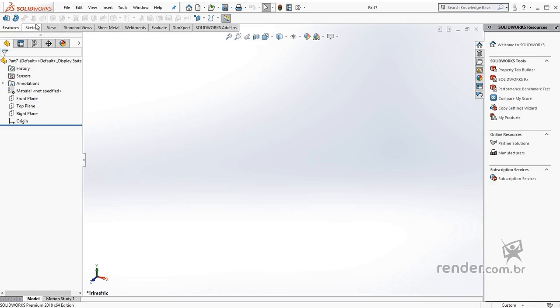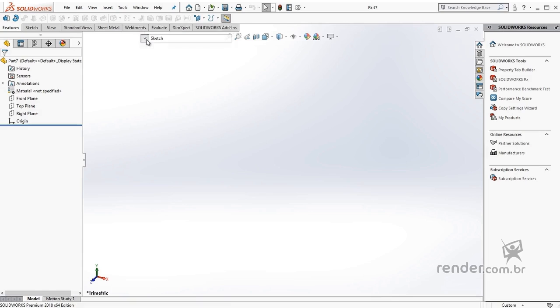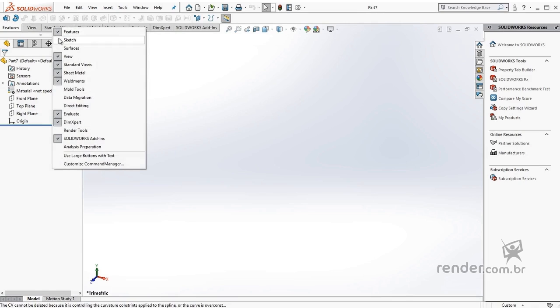The Command Manager can be customized, for example, leaving only the toolbars that will be used active. To do this, we right-click on one of the tabs and see that a list of toolbars is displayed. The marked bars are active, and to turn off simply click on it. To activate, just click on the desired bar. Note: